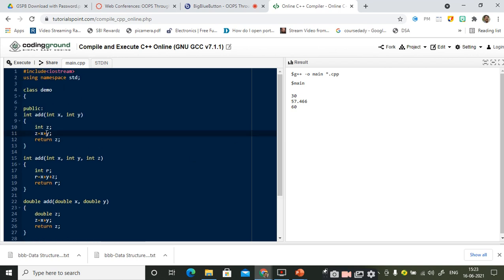For example, listen, what is the modification that I have performed here? In the first add function, instead of returning the addition of 2 integer values, I am giving the result as the subtraction of 2 integer values. Now tell me, is it valid? Will it work properly or not? First question. It will work, sir. It will work. And is it valid or not? This is my second question. Yes, sir. Yes, it is valid in C programming or C++ programming. But is it ethical or not?